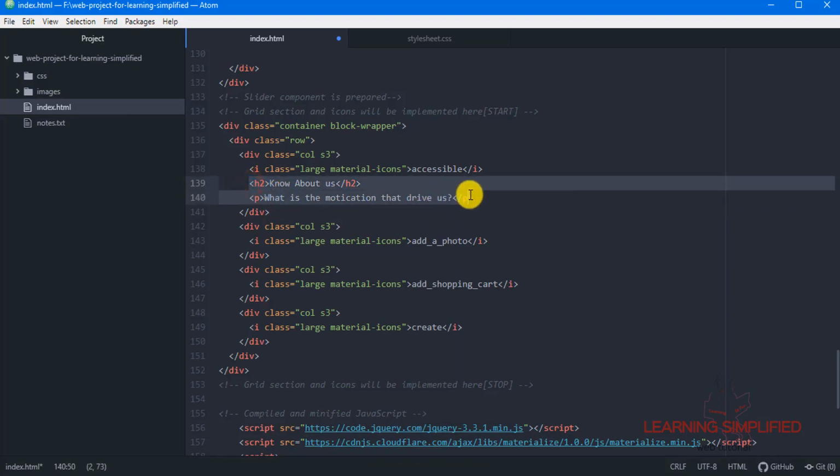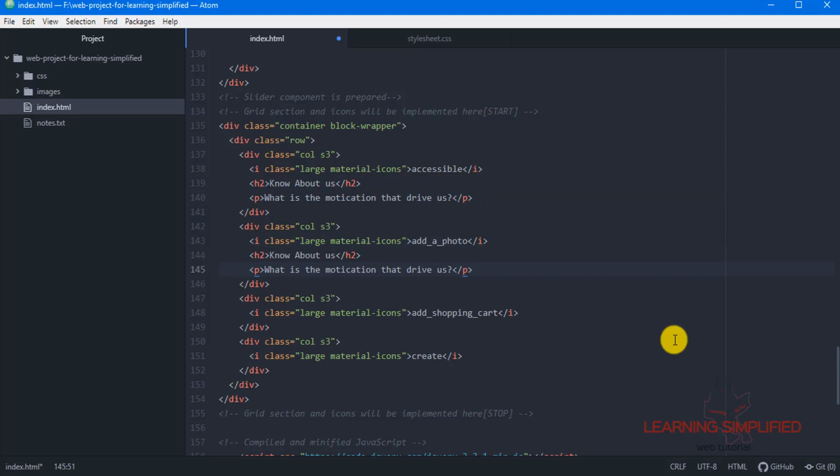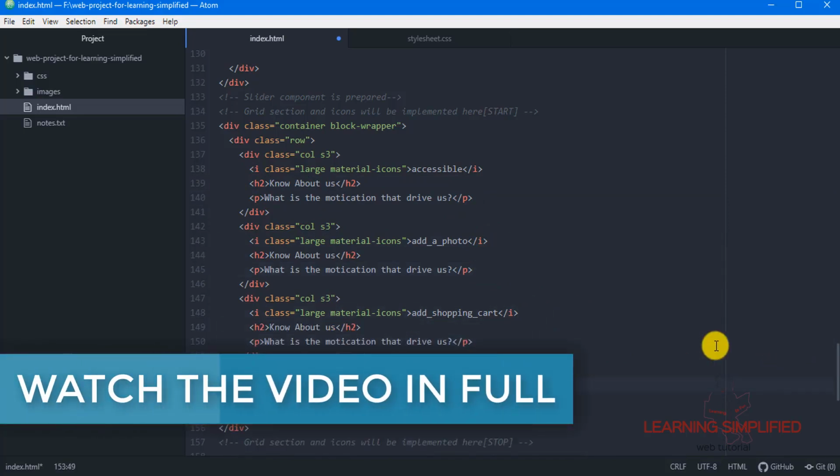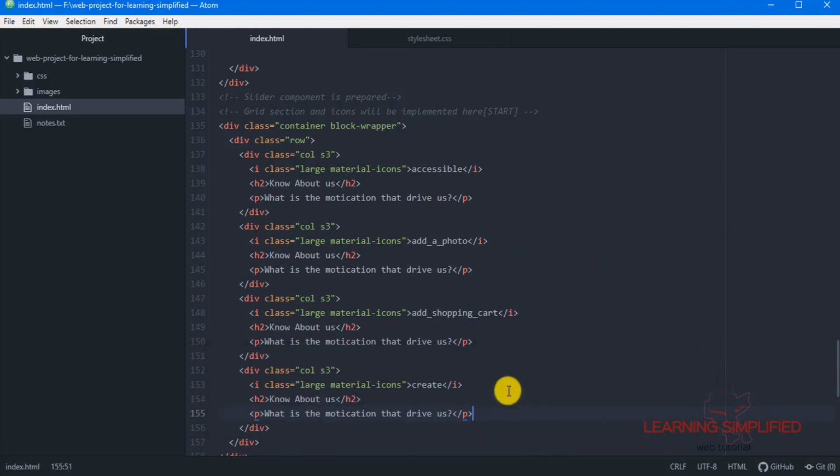so we need to copy this thing from here. First of all, copy these things. We will be using both these classes, both these tags into all those 4 places that we have created. So the first one is know about us, the second one is